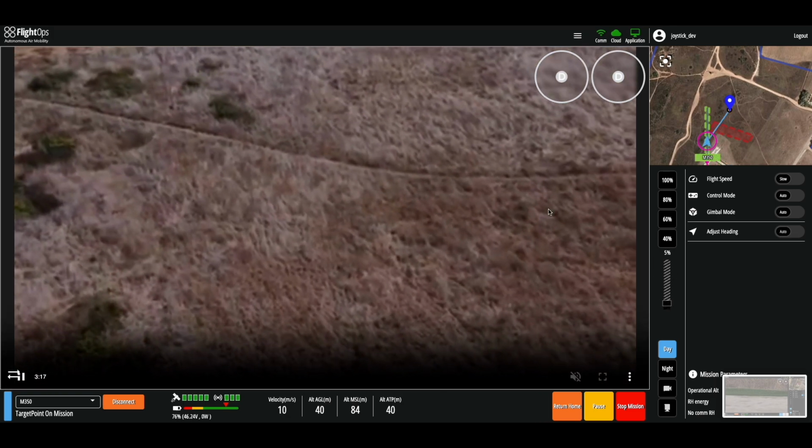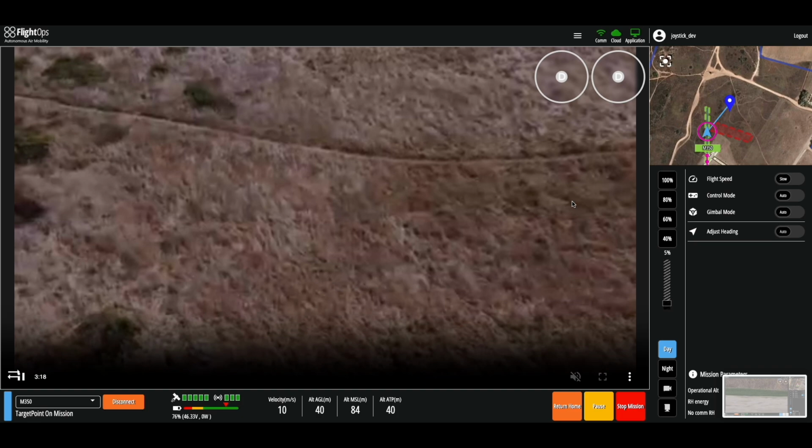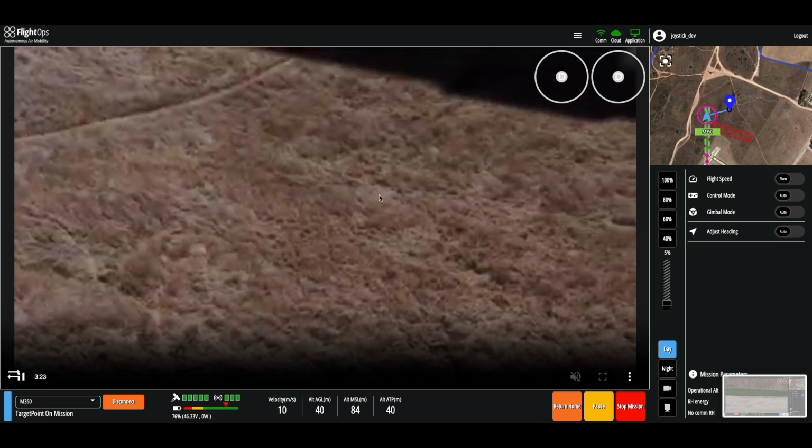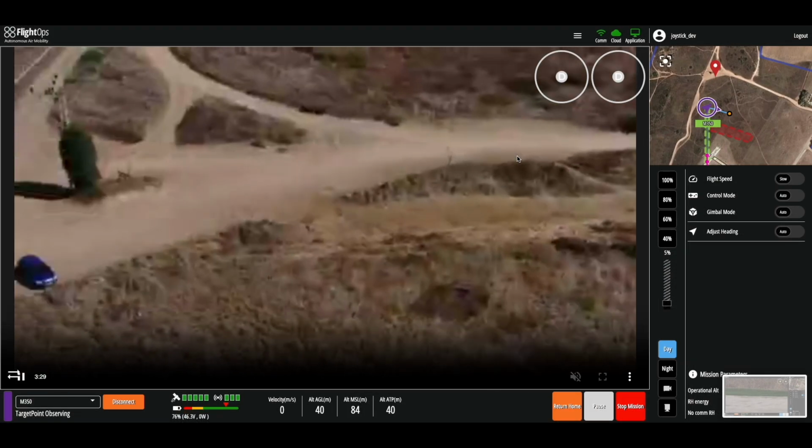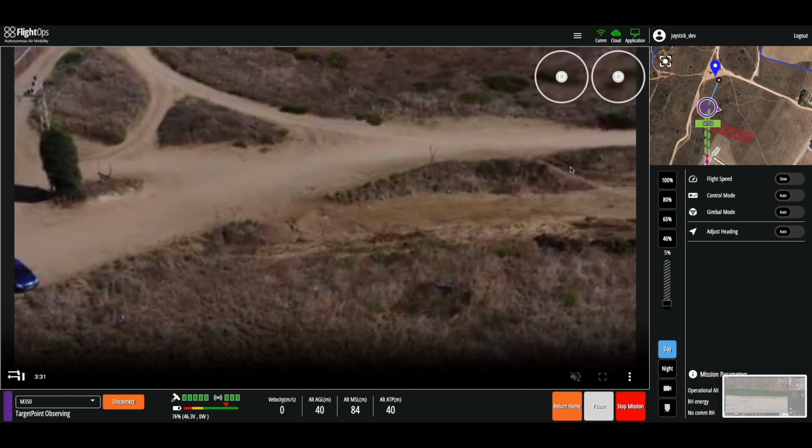Now that we're observing the point of interest, you might be asking, how do I adjust my view? With FlightOps, it's easy and safe. Using simple drag-and-drop controls, you can move the camera view with one click, and it will instantly follow to the